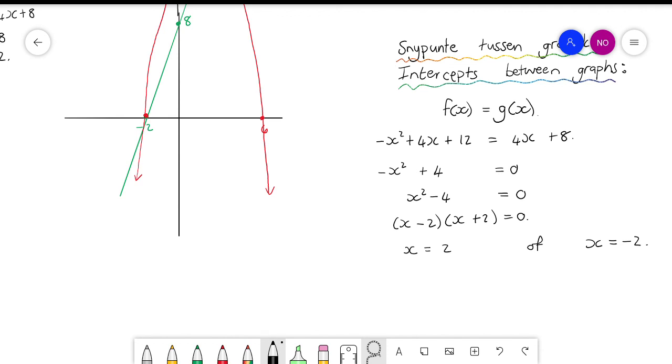But remember, we need it in a coordinate form. So I'm going to go and substitute it back. And the easiest one to substitute it back into is the straight line. Jy kan hom in enigeen van die twee gaan instel, want hierdie punt lê mos op al twee die grafieke. Want dis waar hulle mekaar sny, maar dis makliker om dit in g van x in te stel. So hulle sny mekaar by die punt 2 en 16. Sien julle, dit is 'n punt wat klaar op my grafiek is. Hy's een van my draaipunte. En hulle sny mekaar